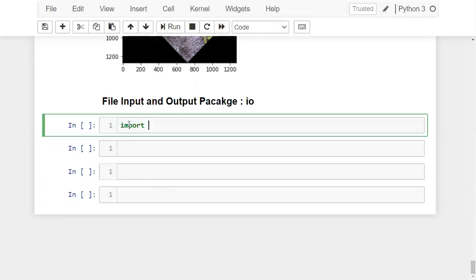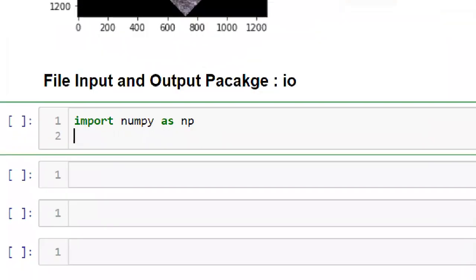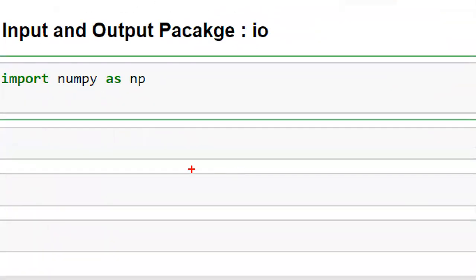First import your required packages. Now I'm using NumPy for creating an array. Why? Because now I'm going to deal with .mat files. So what I'm doing here, first I'll create an array. Just understand the steps we are going to discuss here.